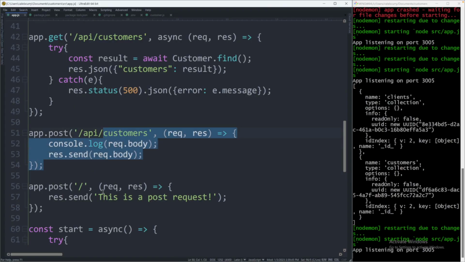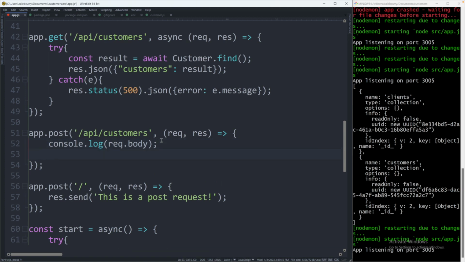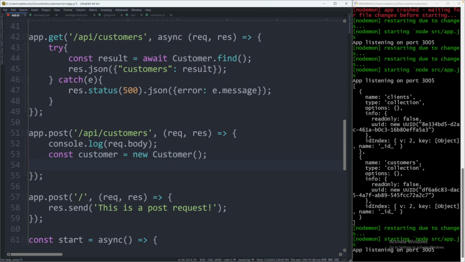So to save data, we are going to be working with the post method. And in this case, we're going to be at /api/customers. We already talked about how to get the request body. We can console log that if we wish, just to see that in the console. But what we need to do is we actually need to create a new customer here. To do that, we can say const customer, give it some name, and then we'll say new Customer. And then eventually we will say